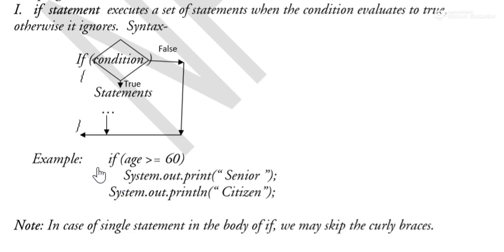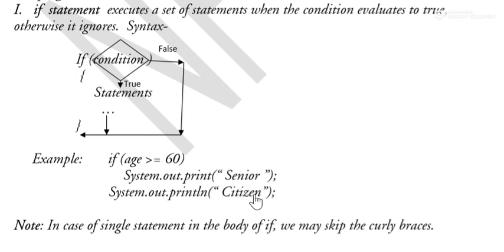Look at this example. If a is greater than or equal to 60, that means if this condition is true, then it will display senior. Otherwise, it will display only citizen. That means this statement